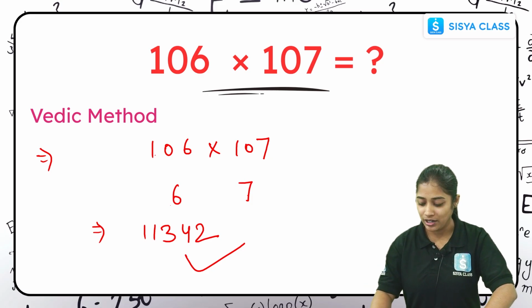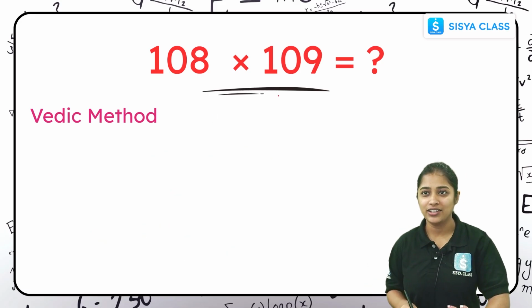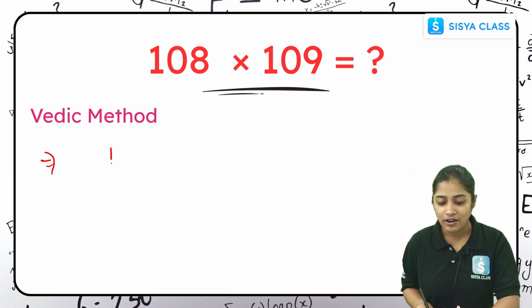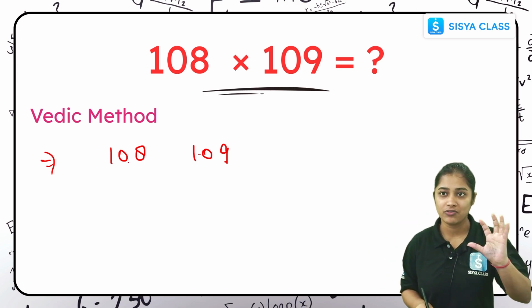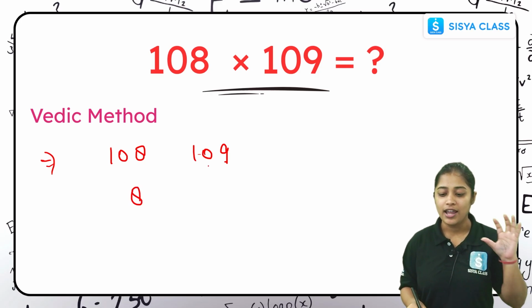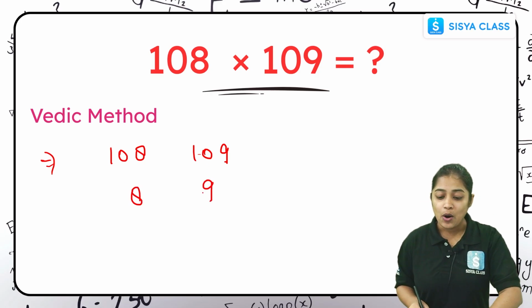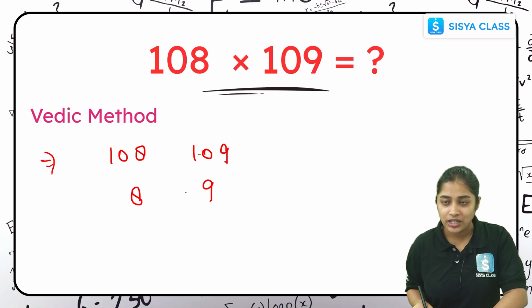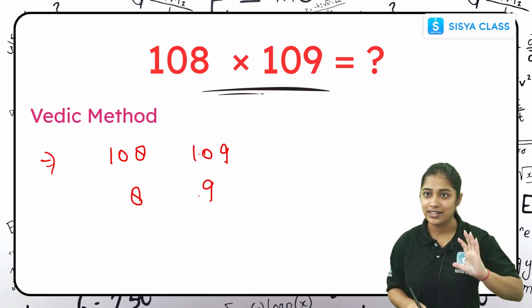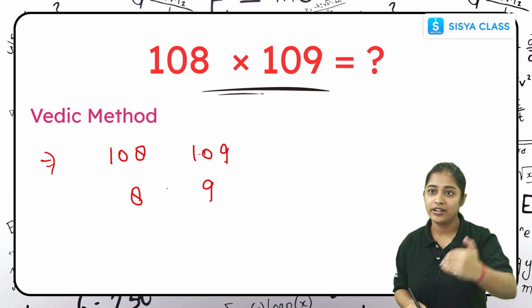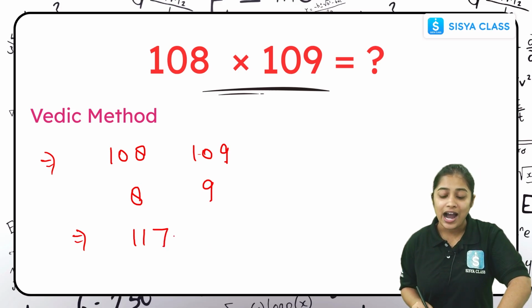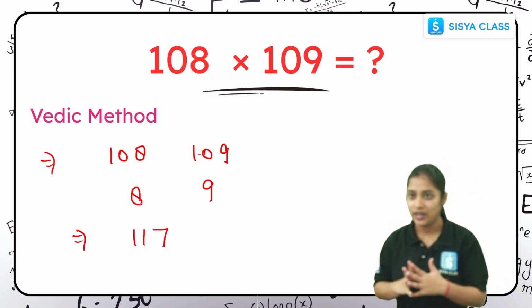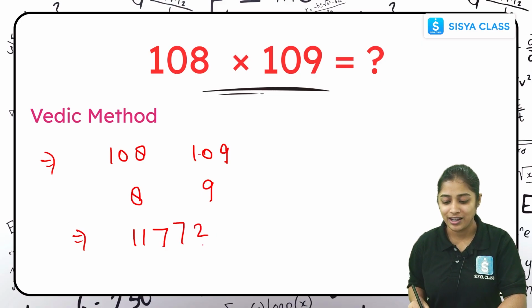Let's see one more example. So here we have 108 and 109, right? So again, we will write our numbers, 108 and 109. After this, I will write the difference of these numbers from 100. So what is this difference? 108 with 100, it is 8, right? And this difference is 9 here. Now again, always make sure that this sum is always equal. So what is 108 plus 9 here? 117, right? And again 109 plus 8 is also 117. So I will write my addition here, 117. After that, I will write the product of my differences. So here it is 72. So this is my answer.